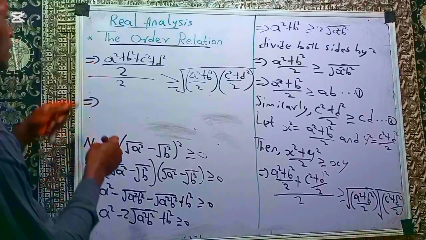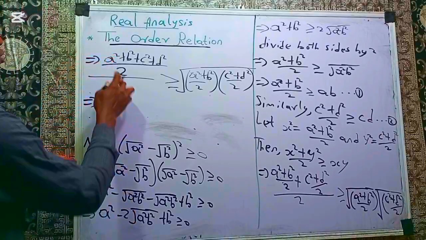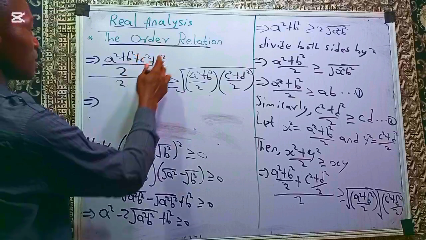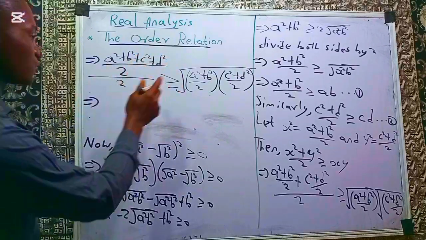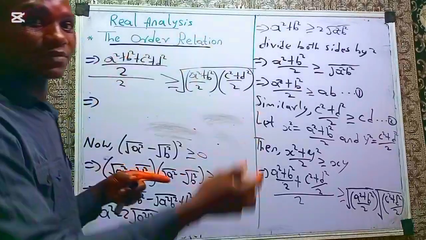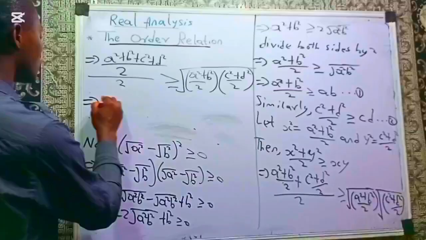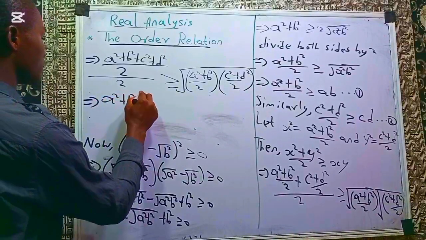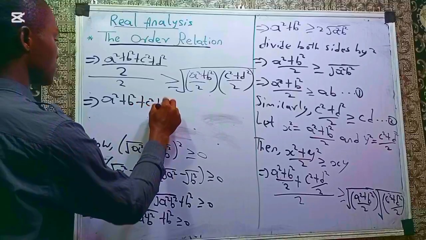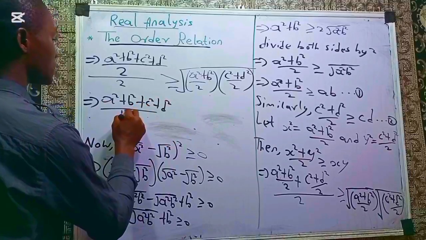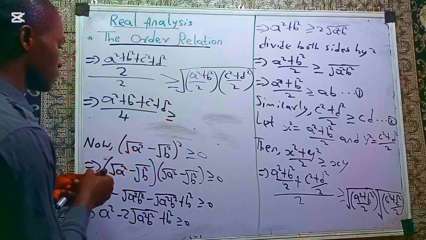So this implies a squared plus b squared plus c squared plus d squared, divided by 2. You are dividing it by 2, dividing it by another 2. It means you are dividing it by what? 4. So I'm going to have a squared plus b squared plus c squared plus d squared divided by 4 is greater than or equal to